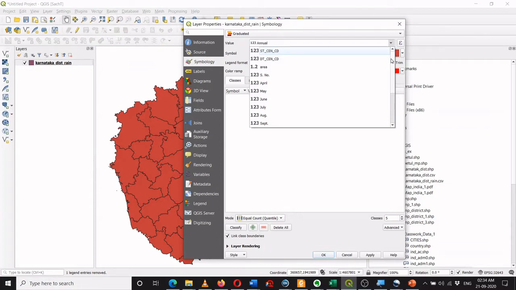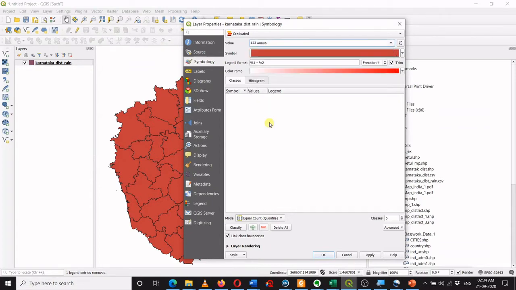So I will select the annual rainfall, which is a column present in the attribute table. So it will draw a colorful map based on the values present in the attribute table under annual as the heading. Then I will just say classify.